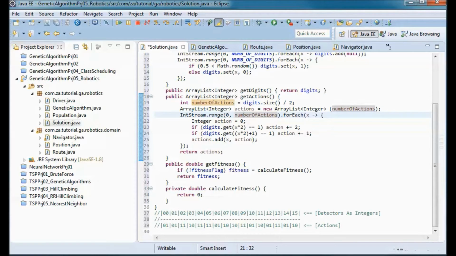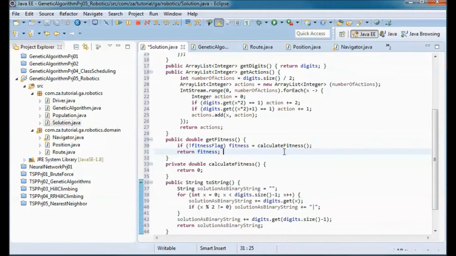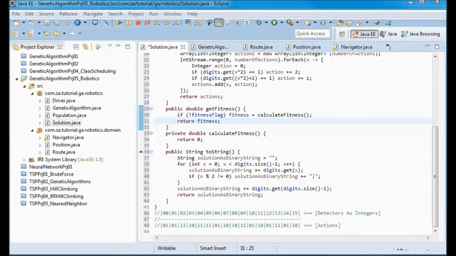And I need a toString method that would print this as a for each solution instance. So we are adding this between each 2 digits that represent an action, and returning this string.